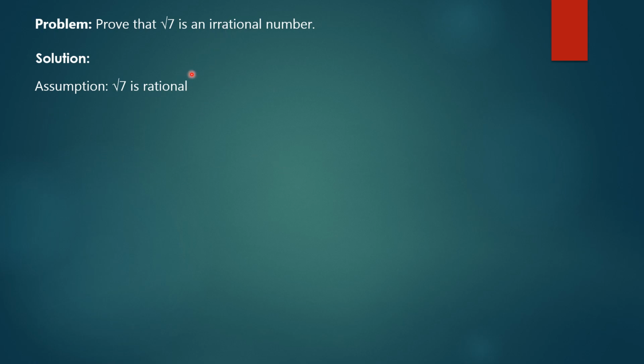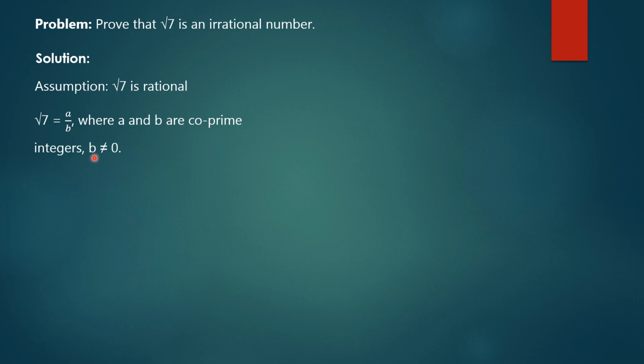For the given statement, take the opposite of the given statement as the assumption. If the assumption is root 7 is rational, then from the definition of a rational number, every rational number can be expressed in the form p by q or in fractional form, where p and q are integers and q not equal to 0. That's why I wrote root 7 is equal to a by b. You can take p by q also here, but here I have taken a by b. Root 7 is equal to a by b, where a and b are co-prime integers and b not equal to 0. Why have you taken co-prime integers?